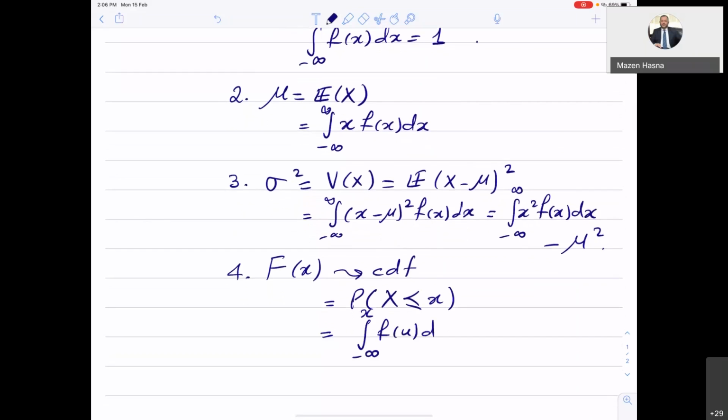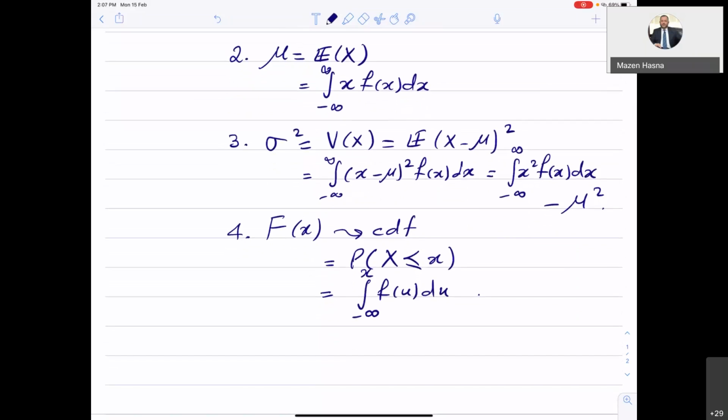We integrate small f of x from minus infinity to the value that we are interested in, and we established this relation between small f of x and capital F of x last time. So it's dF of x by dx. So we just take the derivative of capital F of x to get small f of x, and we talked about